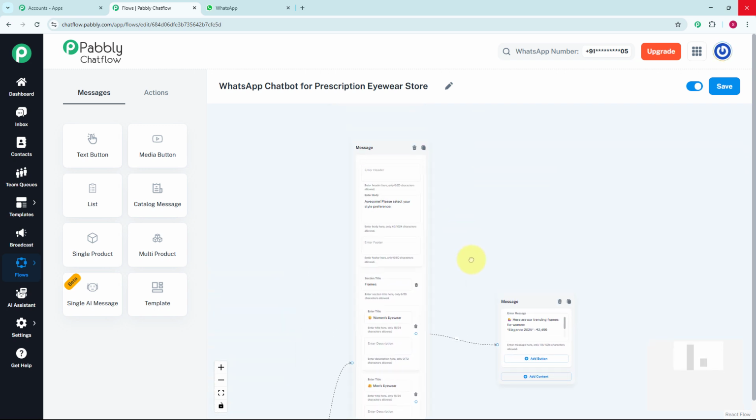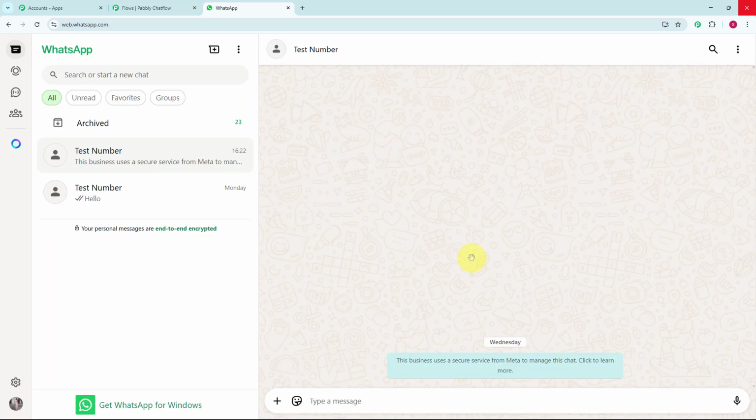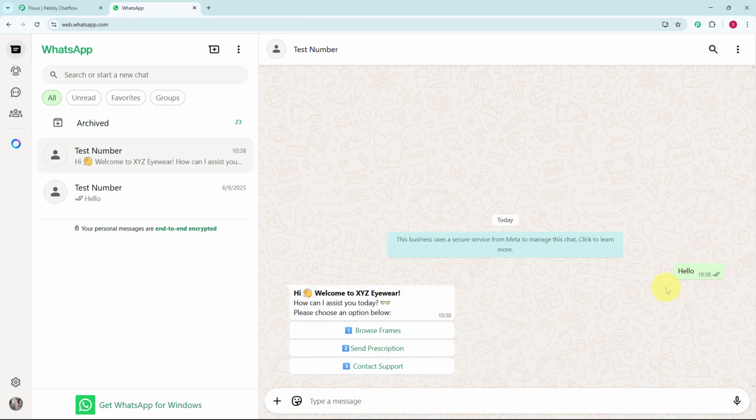For that, let's dive into my WhatsApp. Here you can see I have already opened my WhatsApp and now I am going to send a message to the number which I have already connected to my Pabbly Chatflow account. So now let's send a message hello here. As I'm sending the message hello, I have already got a welcome message, that is, hi, welcome to XYZ